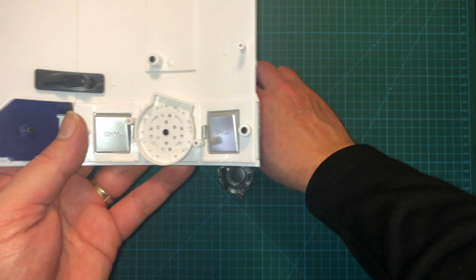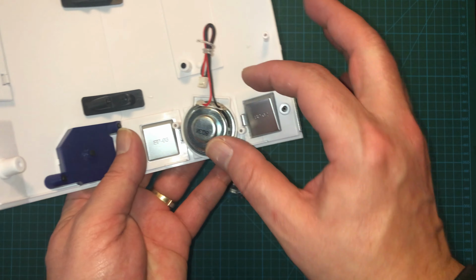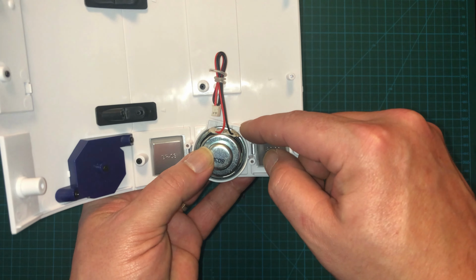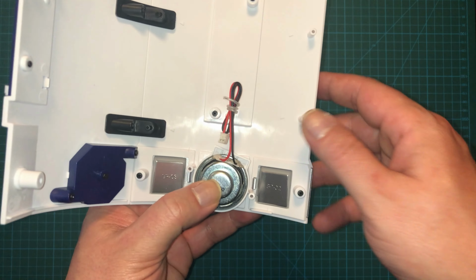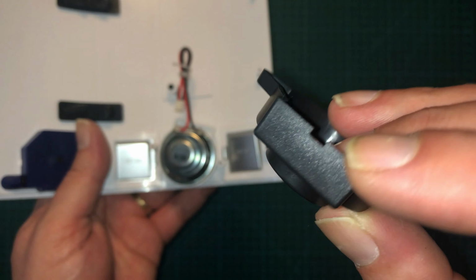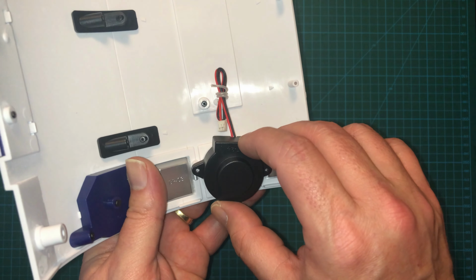Alright, with that in place, we're going to take the speaker itself. We're going to place it so that these wires here are faced towards the rectangular part. That's probably going to be some sort of housing. It's where the cables are probably going to have to come out. Hey, what do you know? Housing. And if you take a look, there's a little notch, and that is where those cables are going to have to go through. So we slide this puppy on,